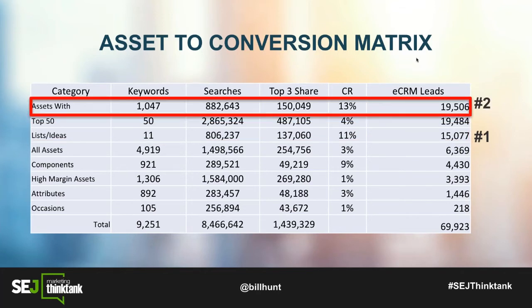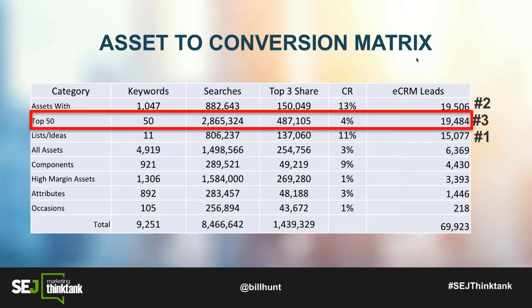Number two, we went after "with" queries, meaning things that had this. So if you're selling laptops, then it might be, give me a laptop with a 1 terabyte. If you're a drink site, it might be drinks with this particular thing. And then third was the top 50 because it's the biggest. But notice that we looked at our end goal, which was leads. Now, we're tackling all of these categories, but really tried to prioritize this. And by prioritizing this, it allowed us to see some interesting things.